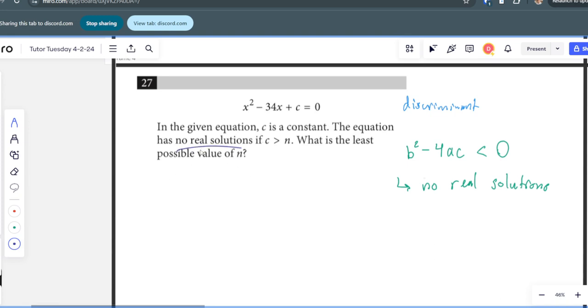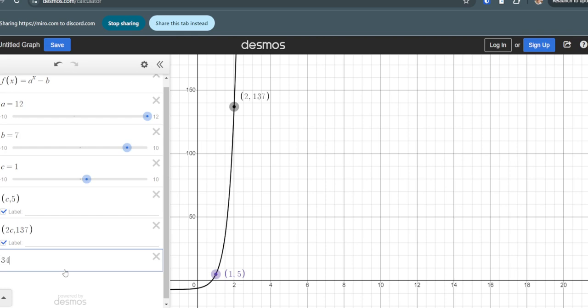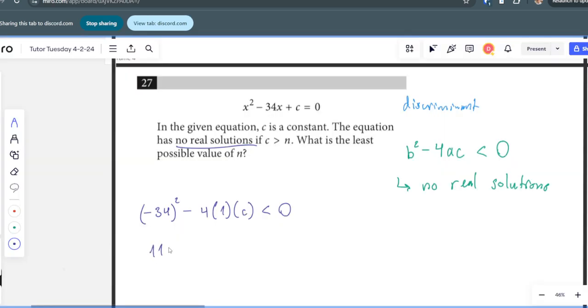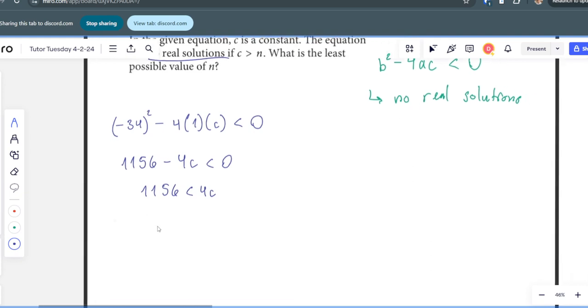So we want no real solutions. What's the discriminant here? It's going to be b squared, so negative 34 squared minus 4ac. We want this to be less than 0. So negative 34 squared is 1156 minus 4c is less than 0. Let me move this 4c to the other side to get 1156 is less than 4c. And we can flip this and divide by 4 to get,